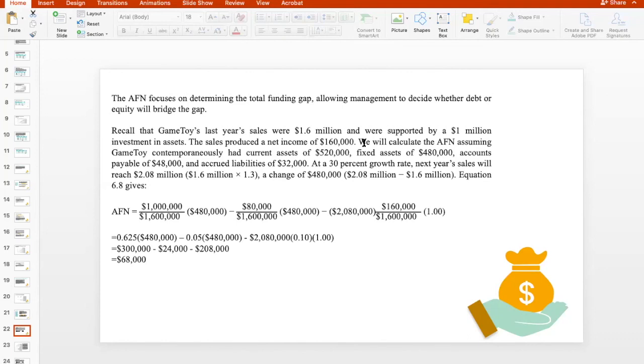So we will calculate the AFN, the additional funds needed, assuming game toy contemporaneously had current assets of $520,000, fixed assets of $480,000, accounts payable of $48,000, and accrued liabilities of $32,000. At a 30% growth rate, which is the aim of the company, next year's sales will reach